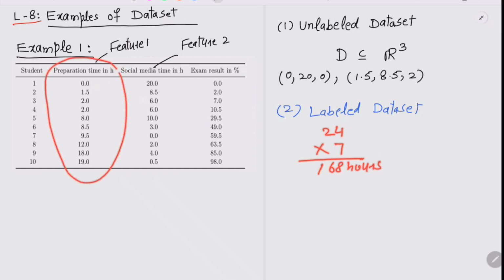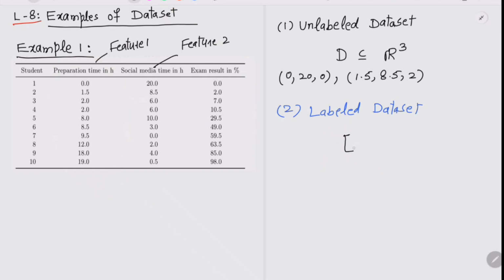So in 1 week, we say that there are a maximum of 168 hours and the minimum preparation time is 0. Preparation time is 0 or preparation time is 168 hours. So it means that for preparation time, we have 0, 168